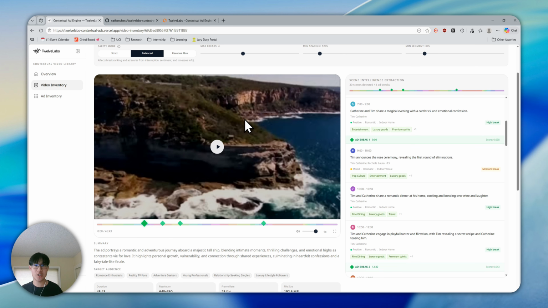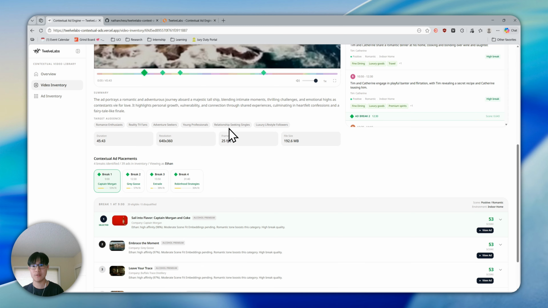But you could imagine how powerful this is to have, instead of just matching up keywords, actually having a model like TwelveLabs that understands specific scenes and videos and is able to do this sort of matching logic, how powerful it can be for contextual ad placement and to have more impactful and higher converting ads. And so